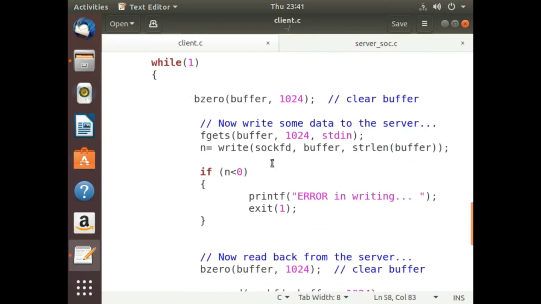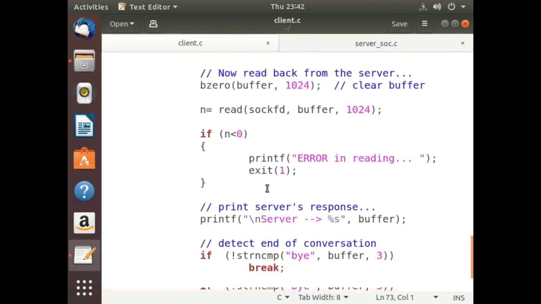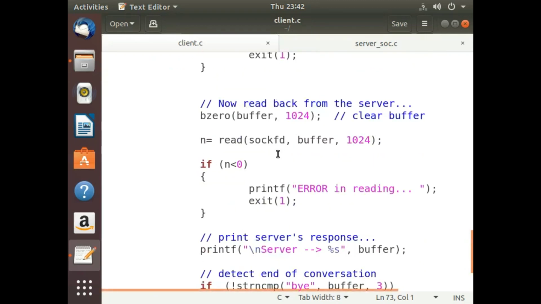The next step is directly to start the communication. The same things, just as in the server program we had the read function, here we have the write function, simply because, as I told earlier, in this particular program I am expecting the client to initiate the communication. Same write function and the same read function, prior to which we have cleared the buffer.